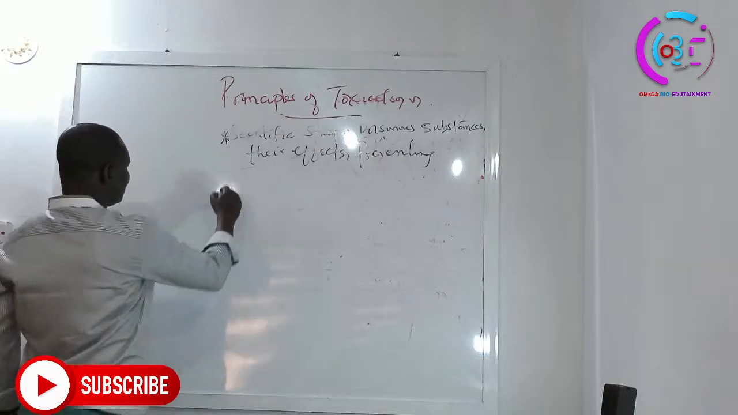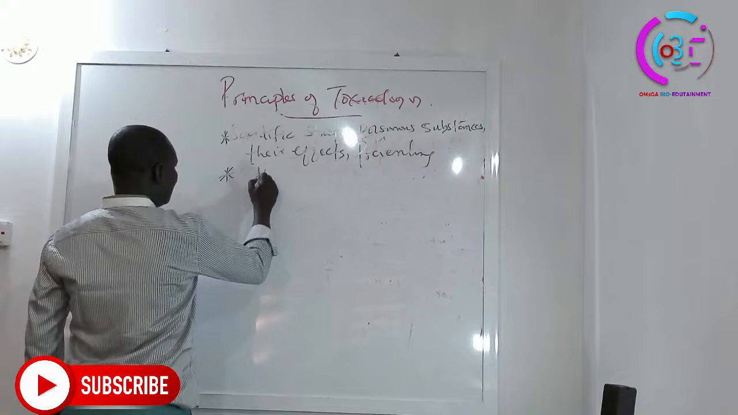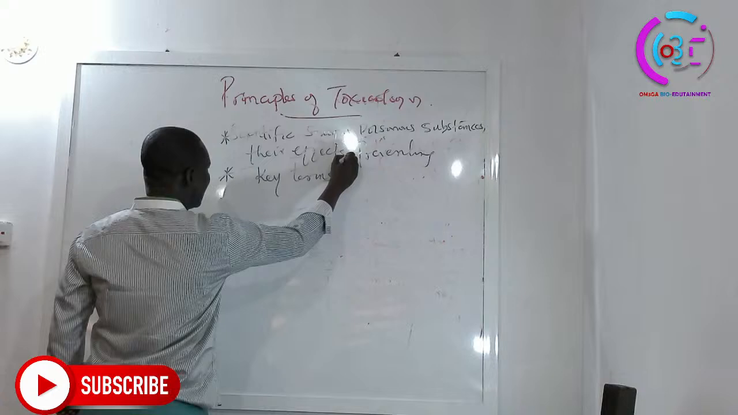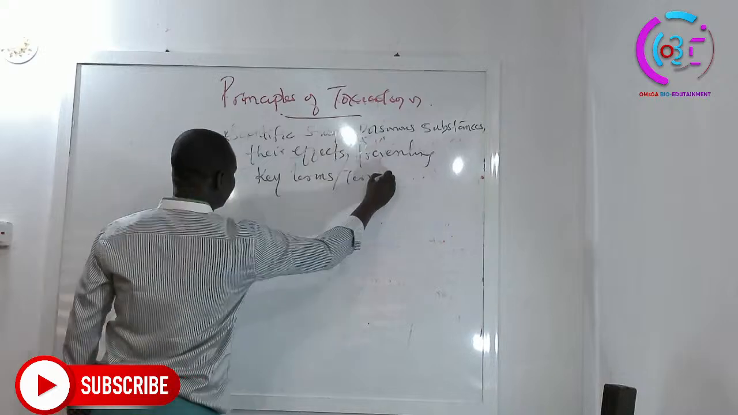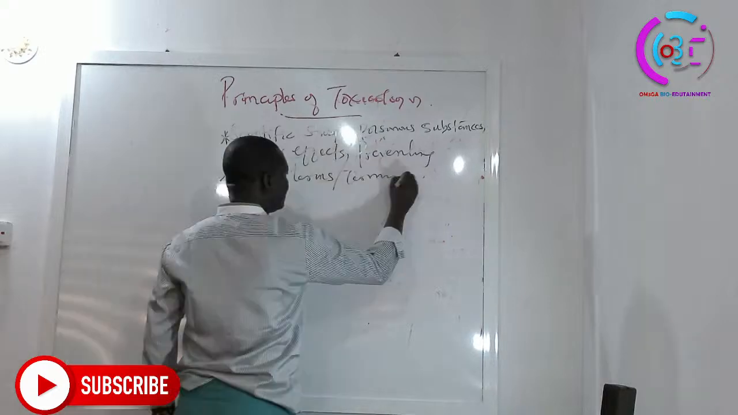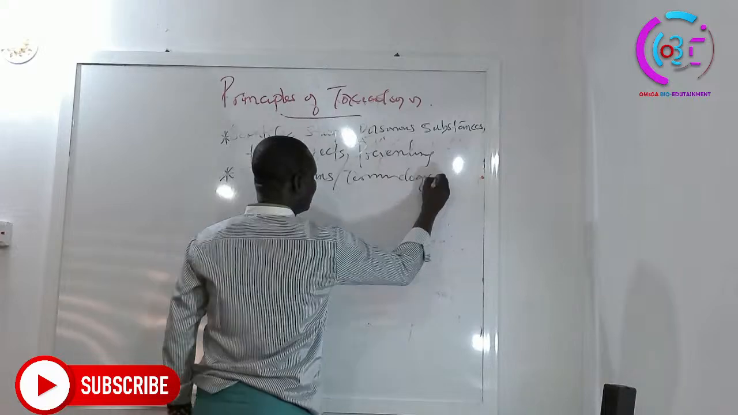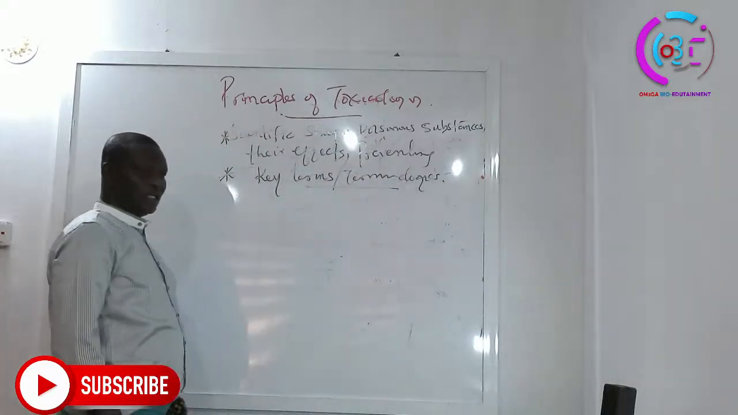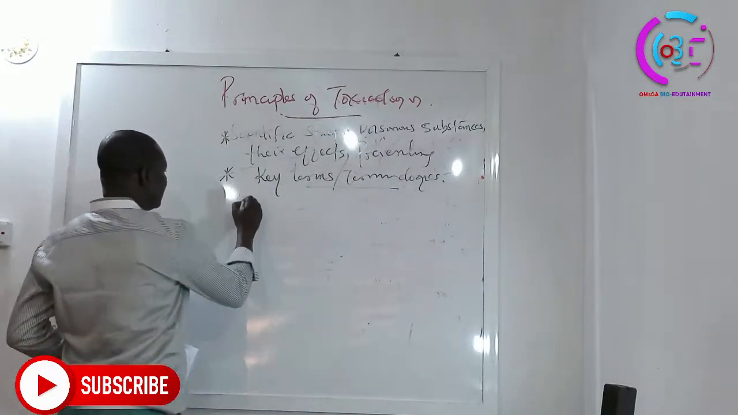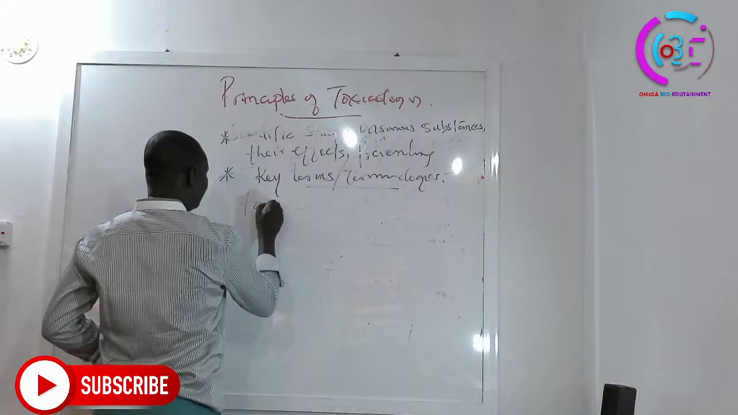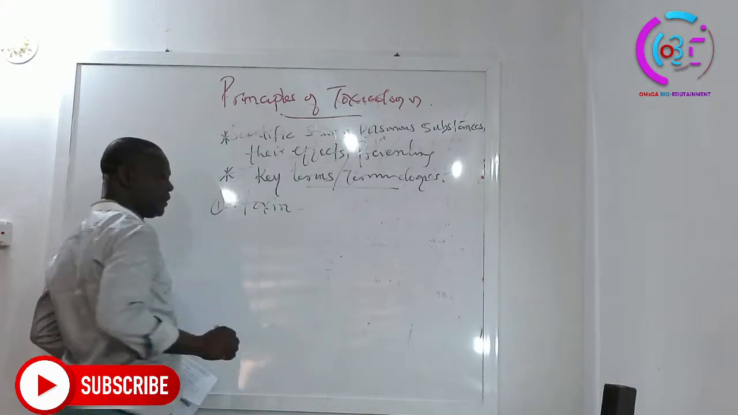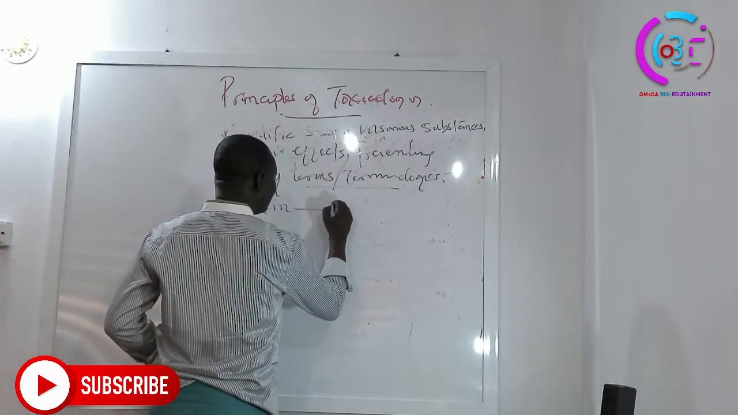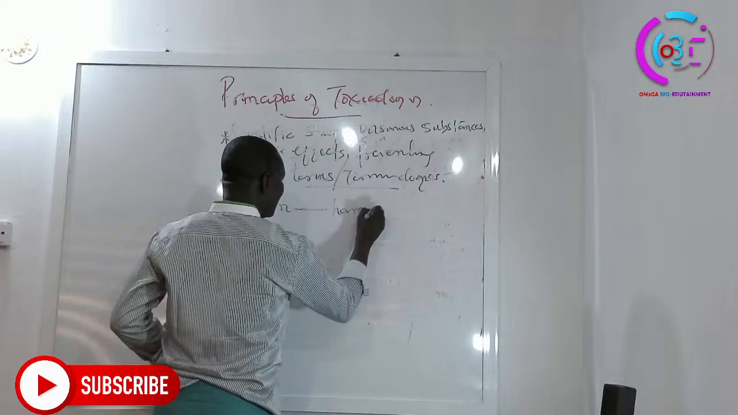So now let's look at key terms and terminologies that can be used in this field of principles of toxicology. The first one, number one, is toxin. What are toxins? Toxins are harmful substances